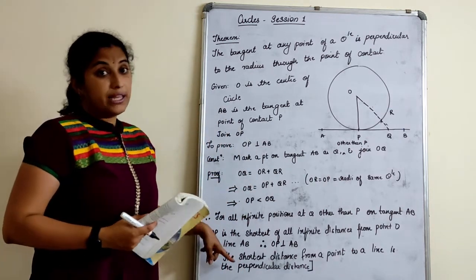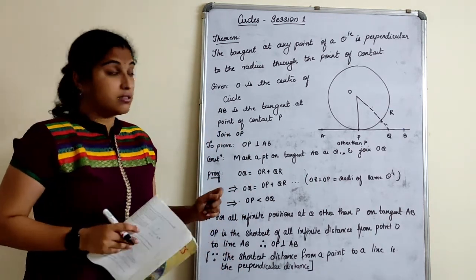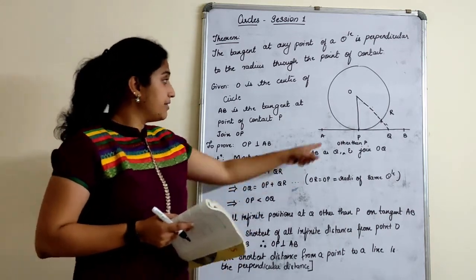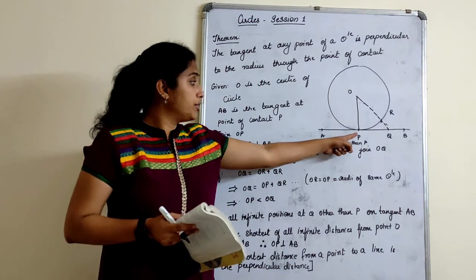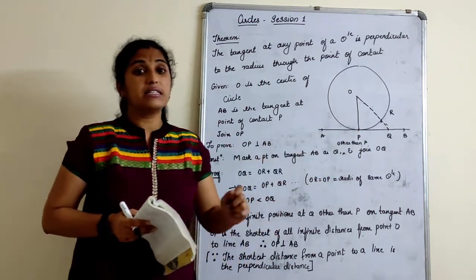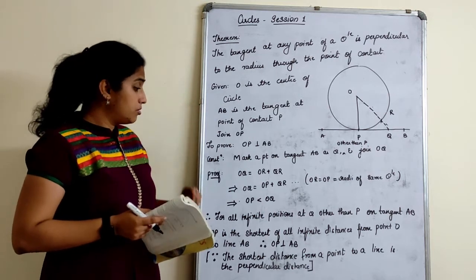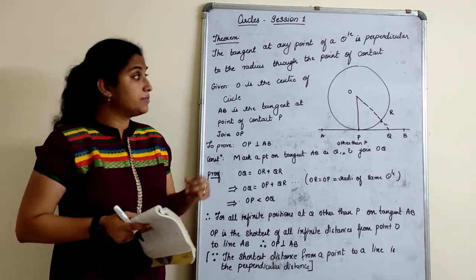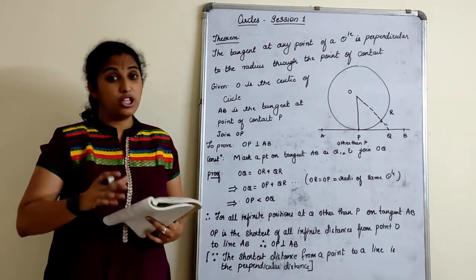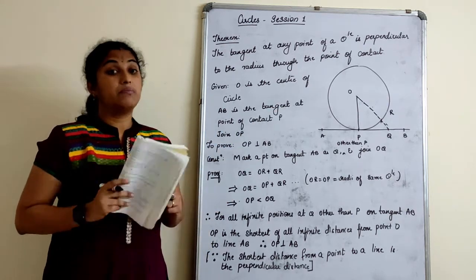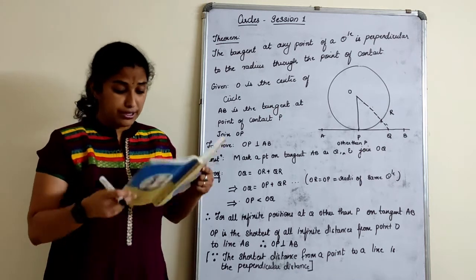Okay, very important theorem. Usually it is asked. It has to be proved in this manner. We use this statement everywhere: the radius at the point of contact is perpendicular, 90 degrees. Most of the sums we use this point. So there are two theorems in this chapter. Another theorem is based on tangent. That is the second part, what we will be doing. So this is the first theorem. Both theorems are equally important.